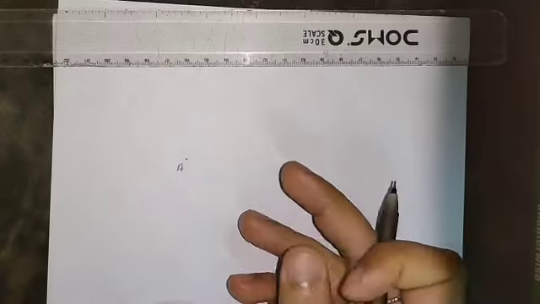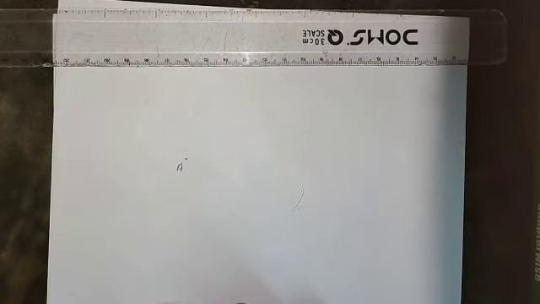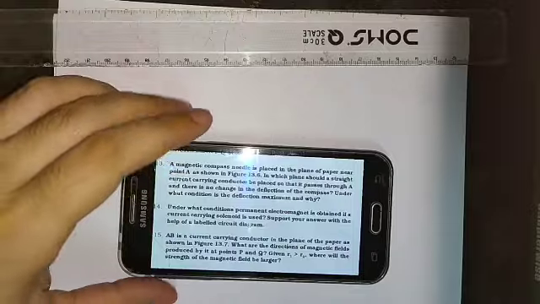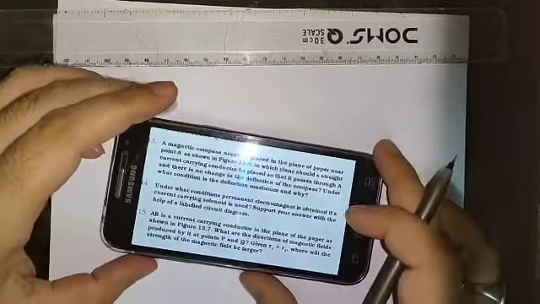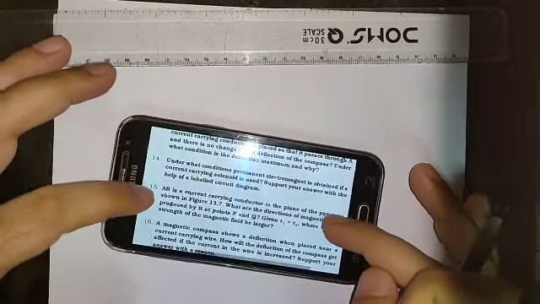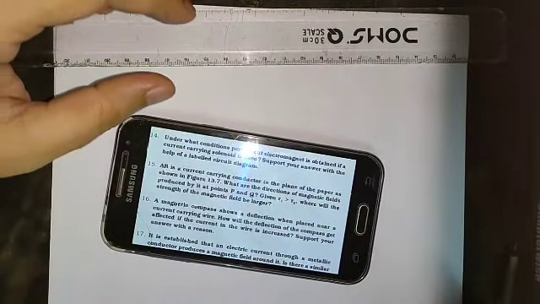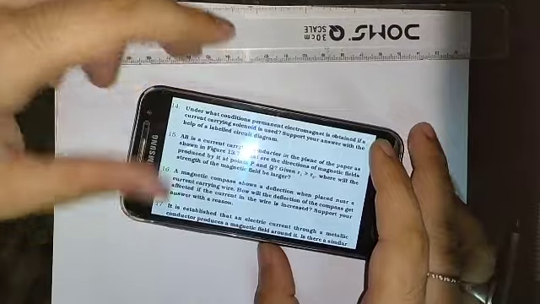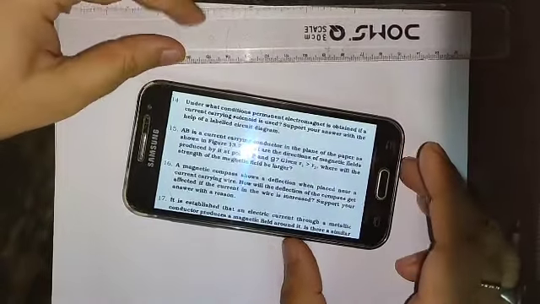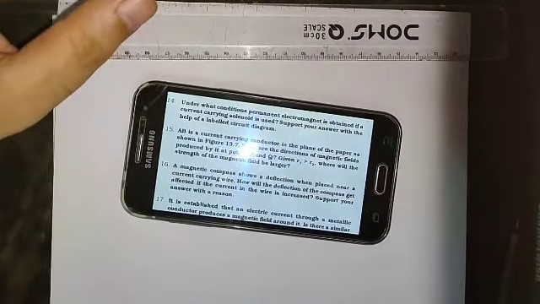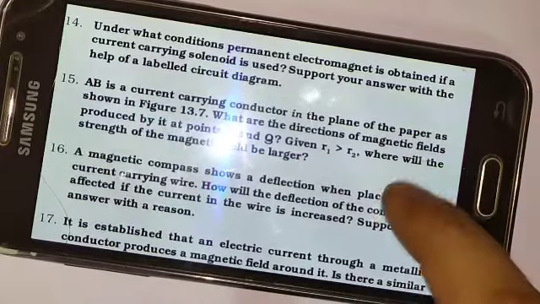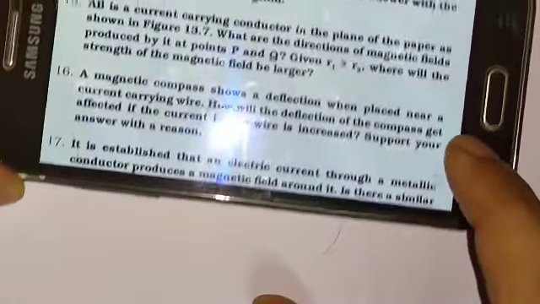So let us move to one more problem, and I don't want to increase the size of the video a lot. So let us go firstly for one more problem, and then if it is possible to discuss more problems, I'll try to discuss, otherwise I'll stop over here only. So let's move on to the other problem. Is it visible to you people?